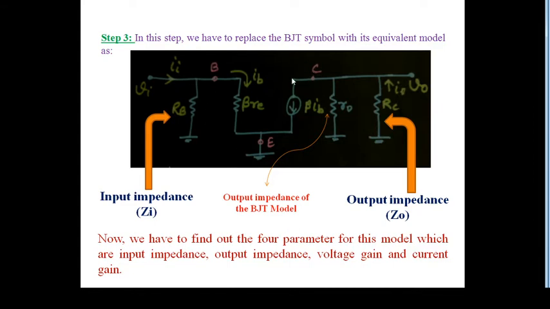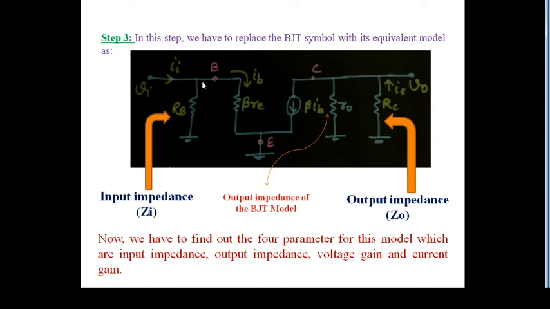So this one is the model for the BJT, RB, and this one additionally we have added this R naught value. This R naught value is very high, in megaohms. In some numericals we can replace this R naught by megaohms, or we can simply open circuit it, or there is no need of putting this resistance. But we are putting it here. In some problems if nothing is given for the output impedance, there is no need to mention anything, you just put RC, the output impedance will be RC.